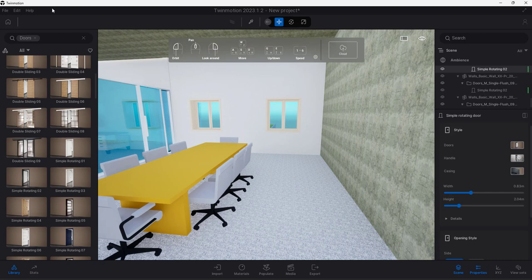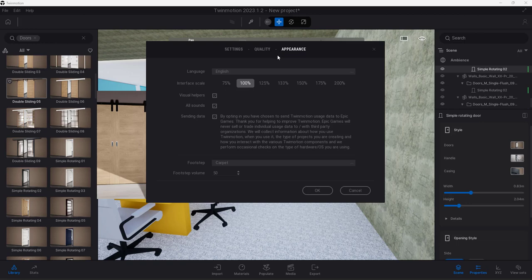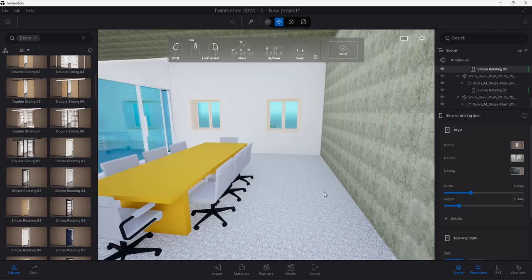Now, strangely enough, you can set this in the edit preferences items over here, edit preferences, and then on the appearance, there we've got all sounds, in which case I'll switch all sounds off, but it's also got this carpet 50, and you can see it's got different things there. Now this is a Revit element. All right, so what we need to do here